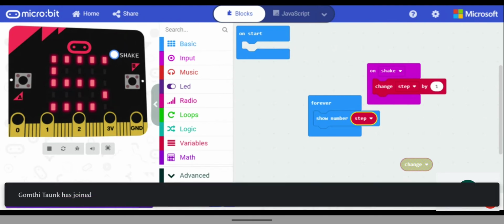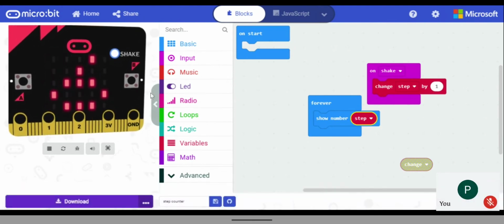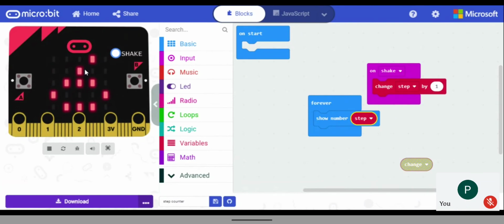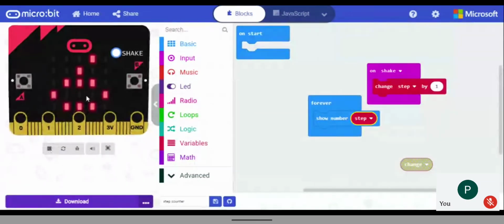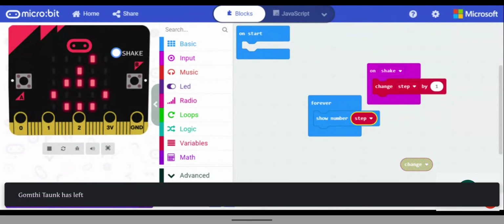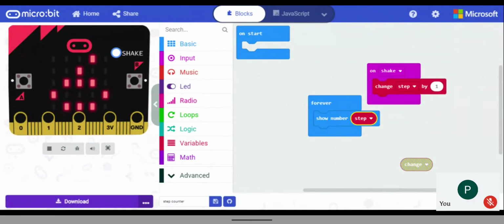So I have one more doubt. After I stop, if I switch this off and then start it again, what will happen? It will just start from the same number, like 6 or 7. It has to be refreshed, started again every time.